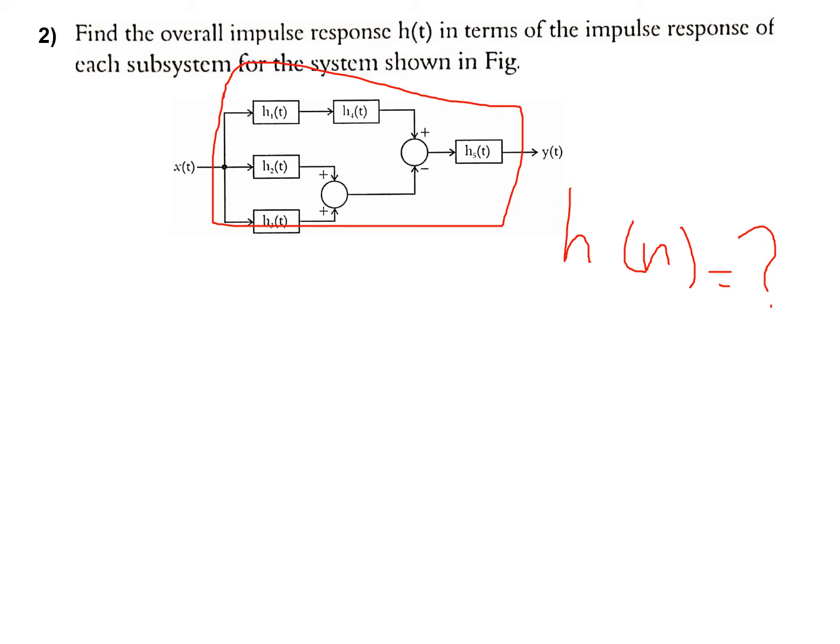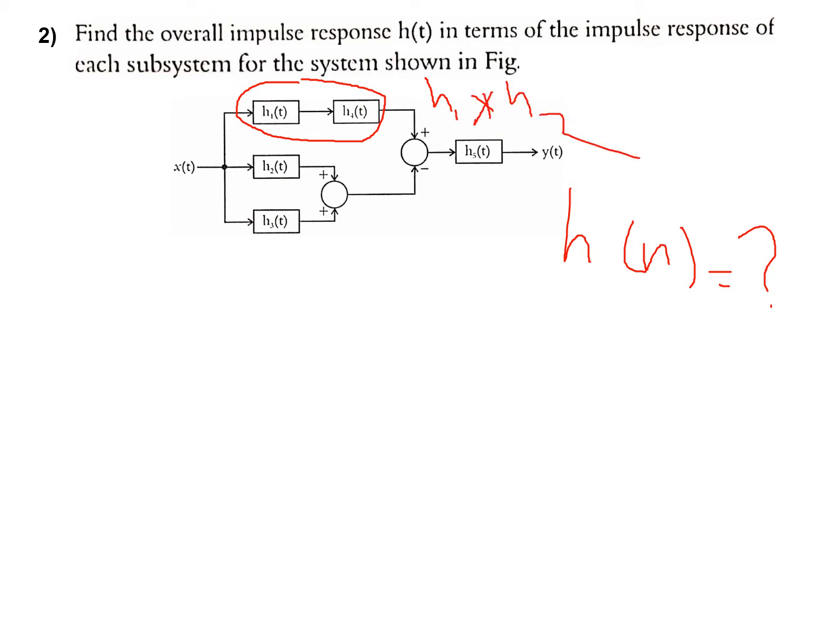Okay, now how will you start in this case? Now what you can do is this. With this you can club. So this will be h1 convolution h2 because they're in cascade. Sorry, this is h2. Then this, if you see, again you can club these two because they're in parallel form and both are plus, that means they are added. Now this block is replaced by h2 plus h3.